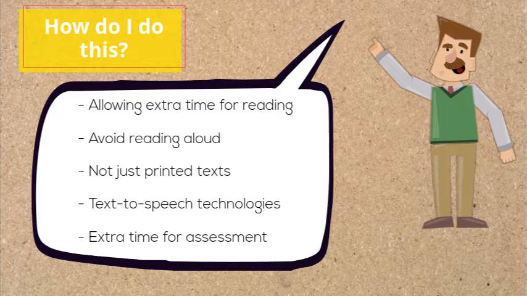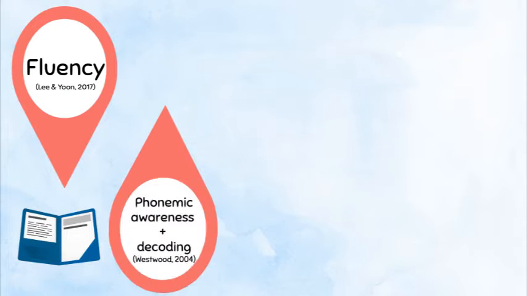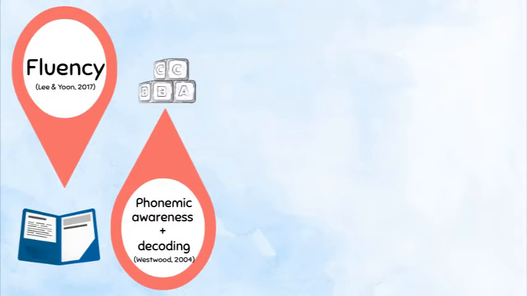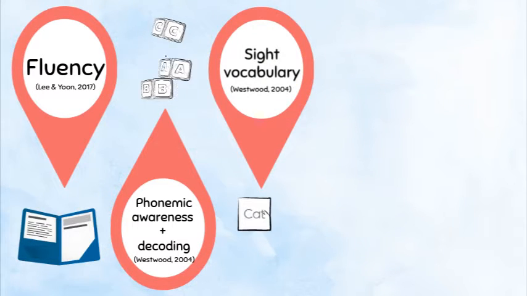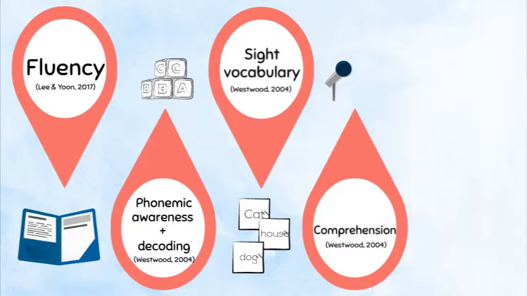As well as these accommodations, we need to use evidence-based strategies in our classrooms, such as repeated reading to improve fluency, where students are to read a passage multiple times, develop phonemic awareness and decoding skills through games, activities, and hands-on exercises, improve sight word vocabulary through the use of flashcards and word studies,